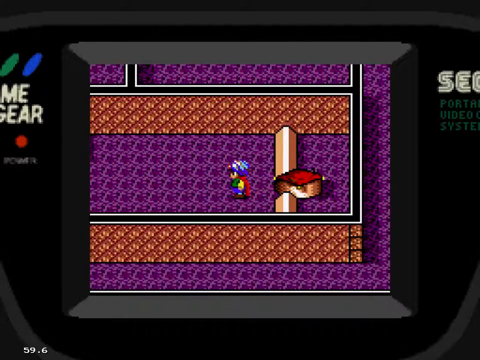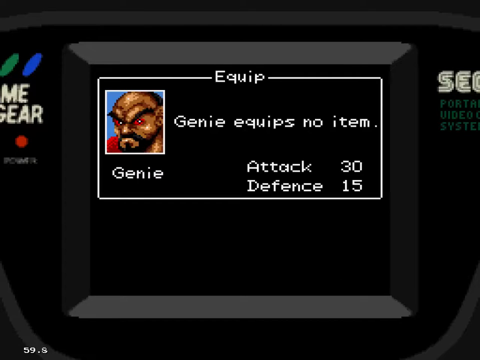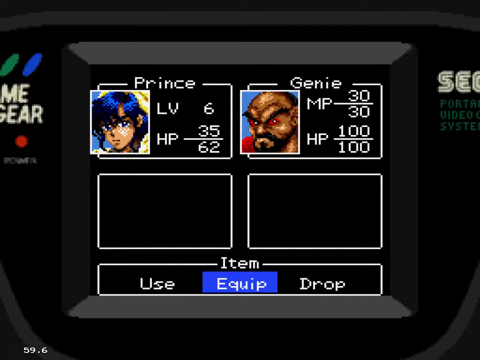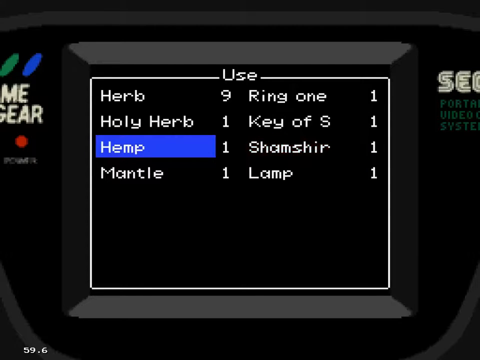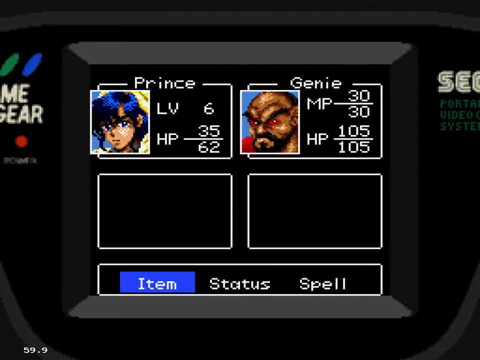Give me everything that I need. So we have a genie. Genie equips no item. Oh, what's this? Ah. Increases his HP. Now this, what does this do? I guess we'll never know. Too bad. So we've got a genie, who has a lot more hit points than us, and the genie has